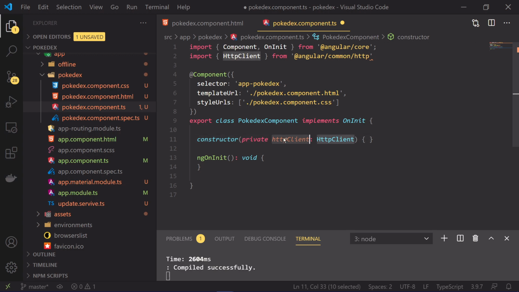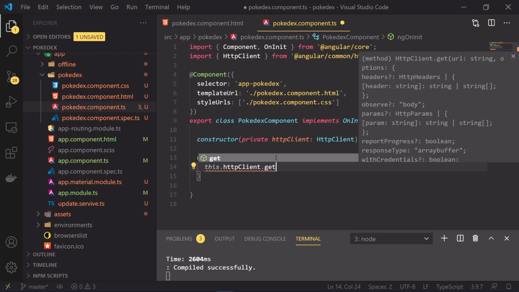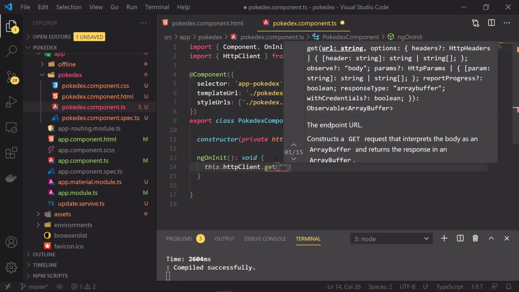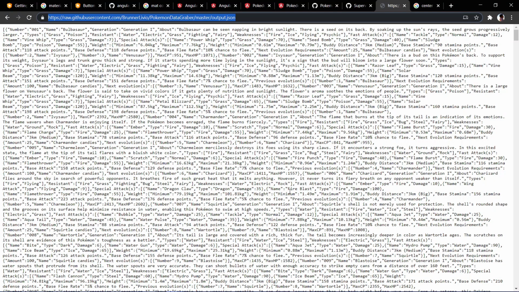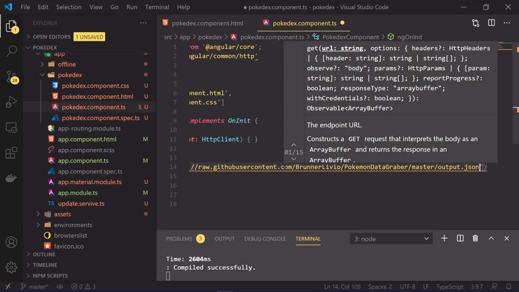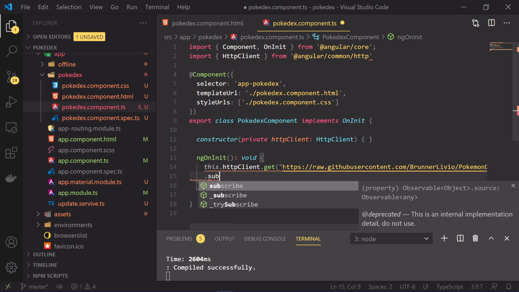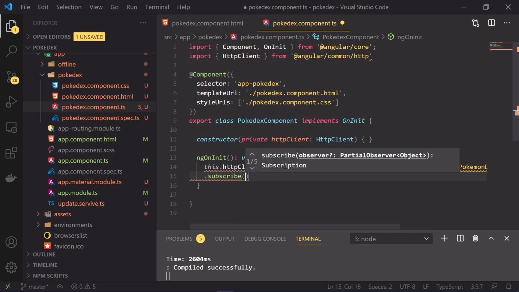So now what will happen is whenever this application loads, I will call the get API against this URL, which is the raw data of the Pokemons, and we'll subscribe to these changes.